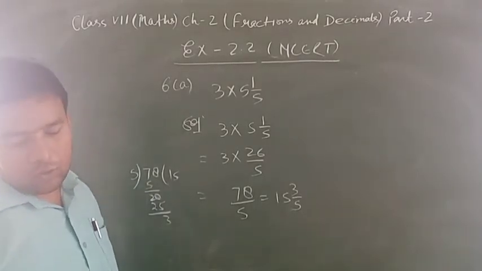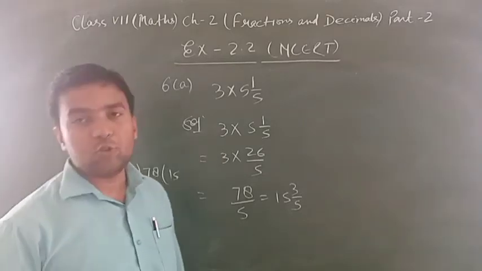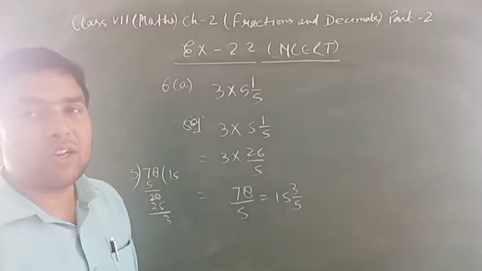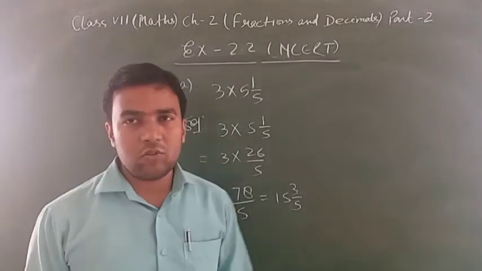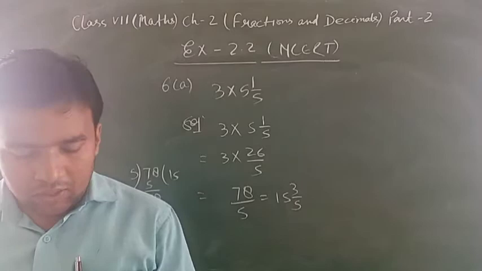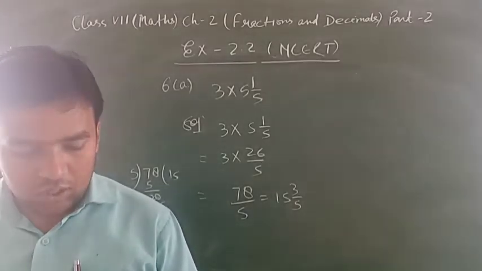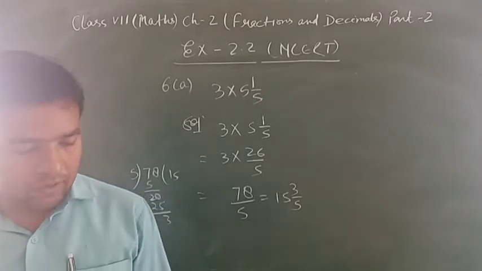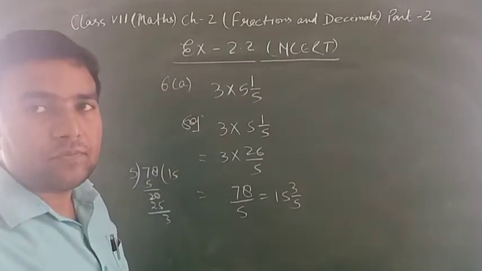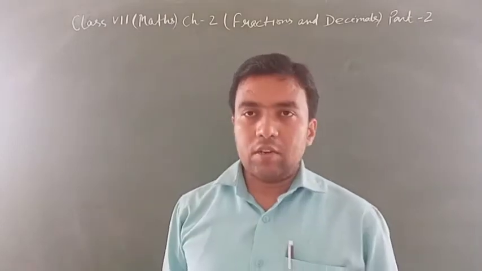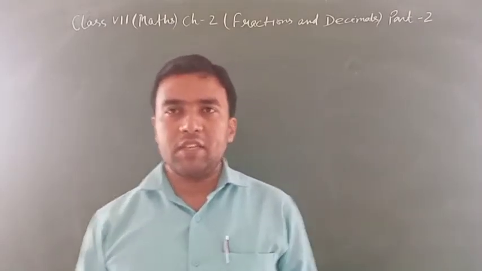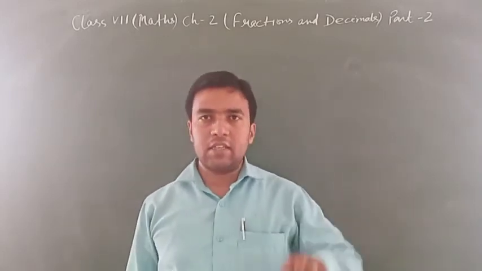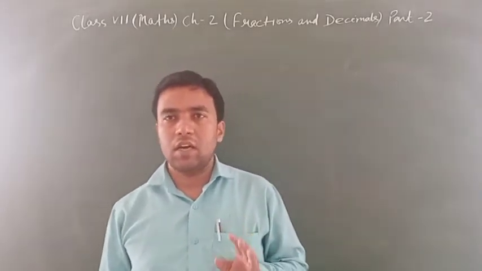Note down this. Question number 7, like question number 5, that you can do very easily. And question number 8 is also very easy. Means the rest, question 7 and 8, you can do very easily. Clear? Exercise 2.2 is complete. NCERT 2.1 I told you in the first part. In the second part, the 2.2 exercise, I told you.